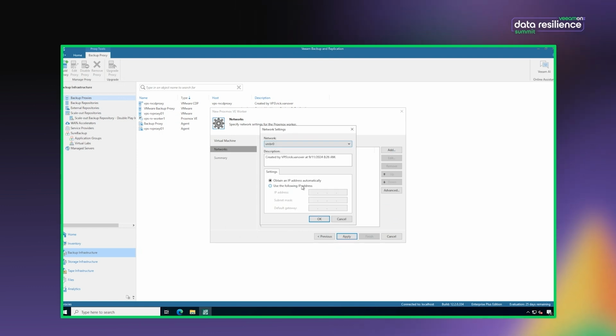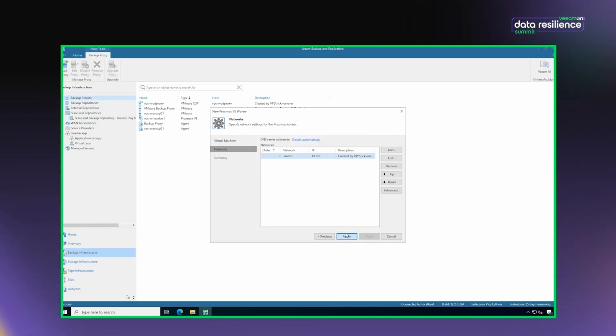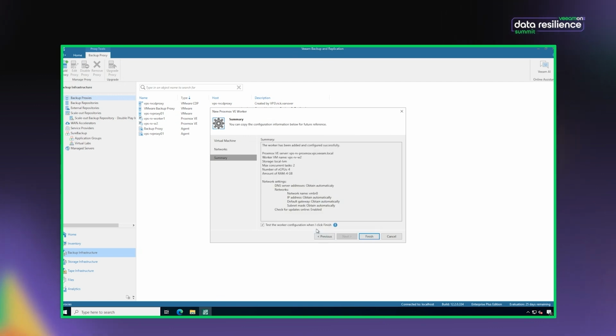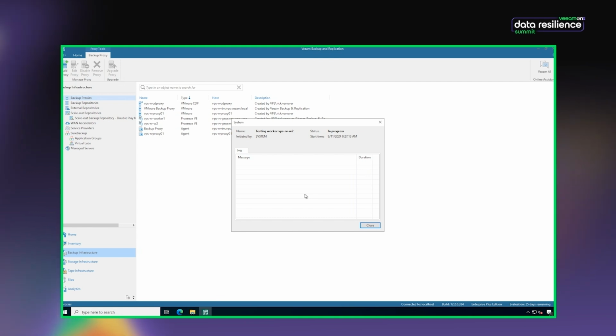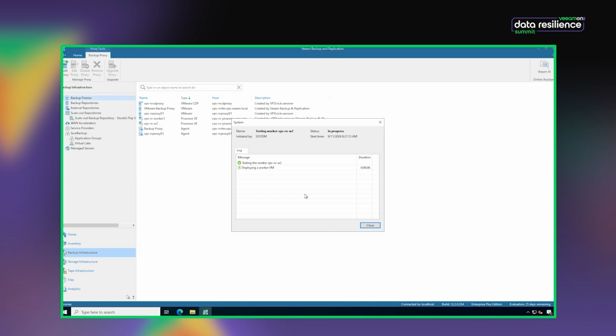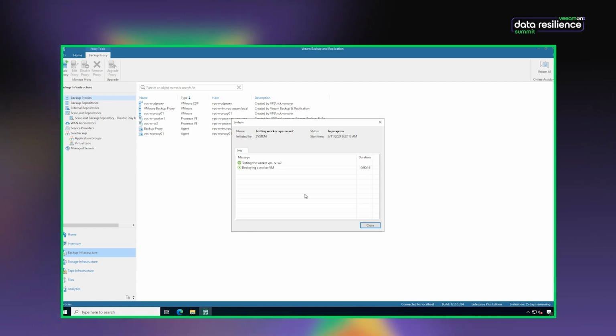So in my environment, I do have DHCP. That makes life a lot easier, but you could specify it if you wished. And then also if you had multiple networks, you could get into that. So if you've ever done, for example, a virtual lab, and I left that little box to test it really quickly, being brave here on my demo. If you've ever done a virtual lab in Veeam, this will be very, very familiar. It's a really similar set of some of those questions, but it's not as advanced from the mapping and the masquerading. So it should be relatively straightforward.